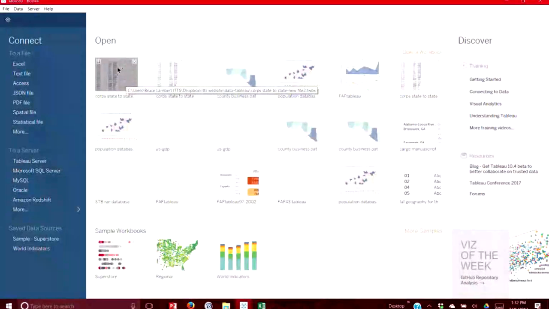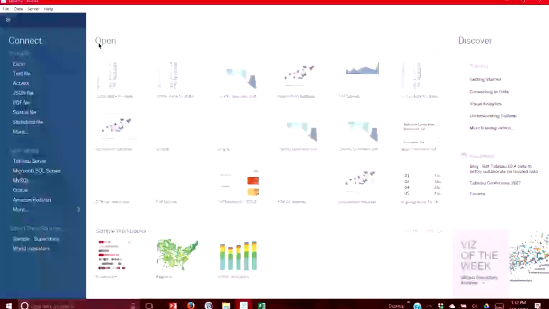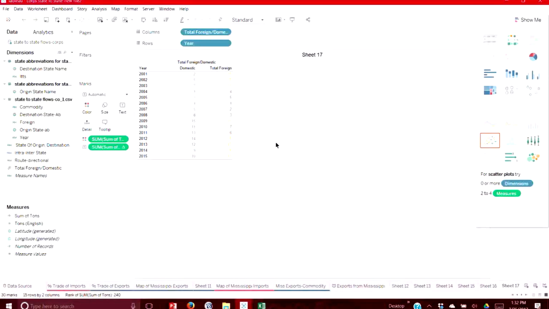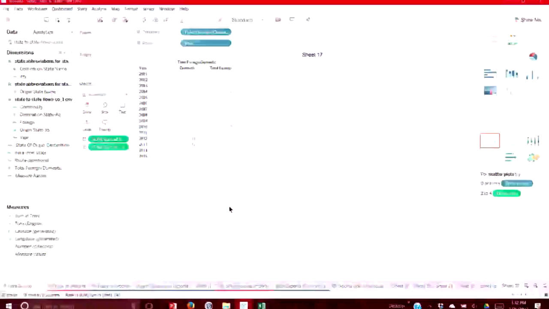No, okay. Just for the people who did. And then you're going to have your open button. You will see that core state to state, because it was the most recent file you opened, will be the one that is on the upper left-hand quadrant. So if you double-click on it, you should see a chart.